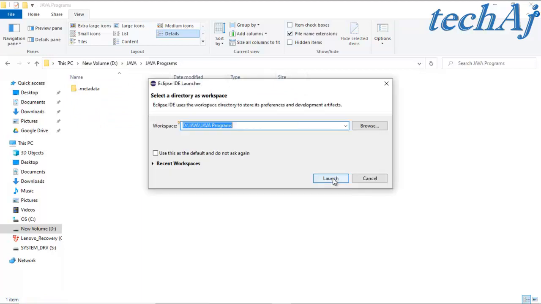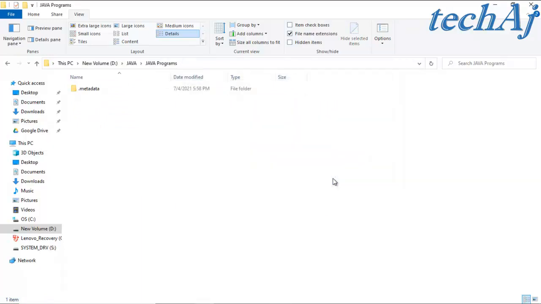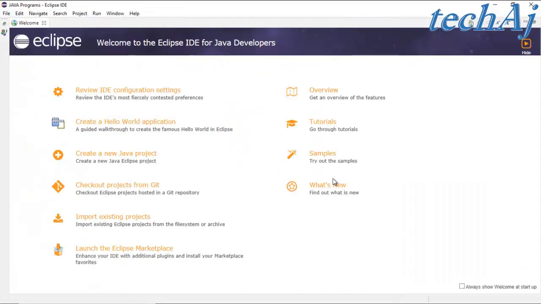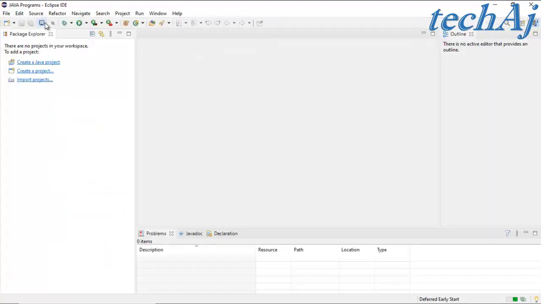Click on Launch. Our Eclipse has been opened. This is the welcome window that we can close, and we'll get the basic user interface of Eclipse IDE.